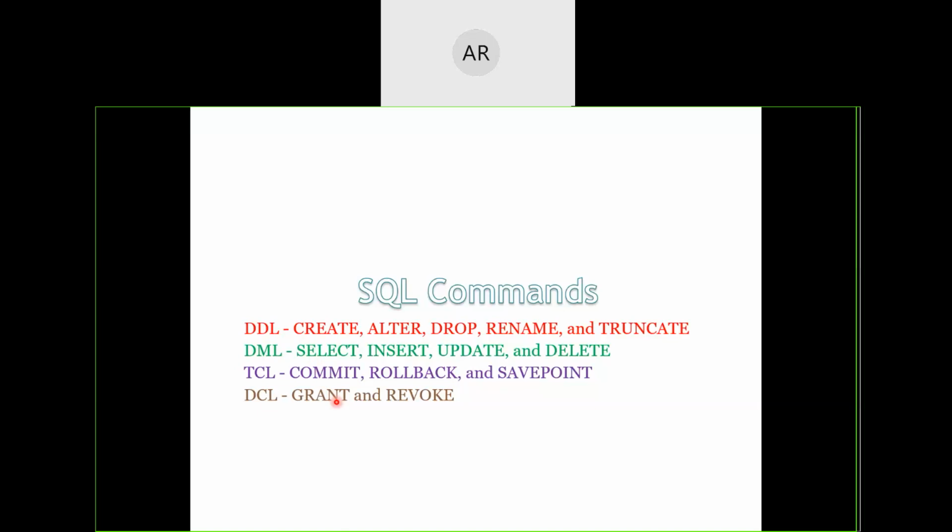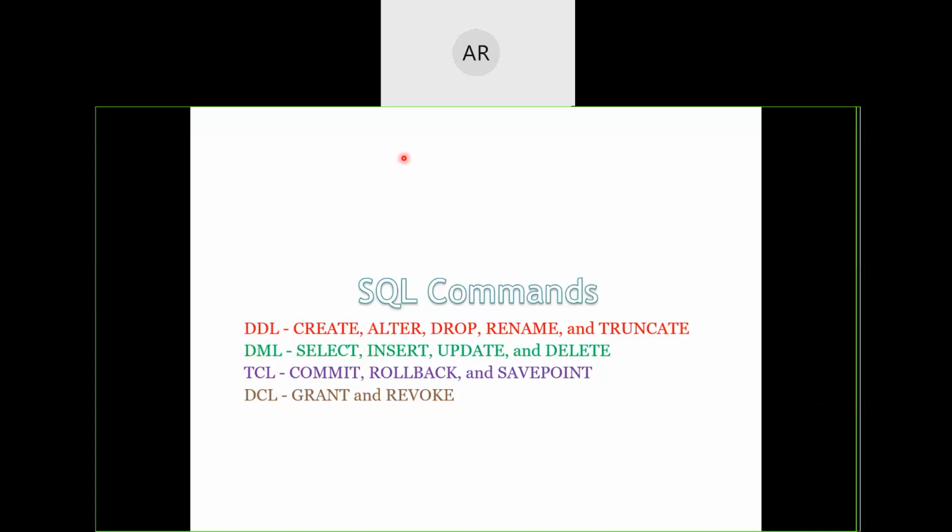Okay. Is this sequence done for you people? You just need to remember DDL, DML, TCL and DCL. If you remember this, the numbers will automatically come. How many commands are there in DDL? You will quickly say 5 because that was the first.